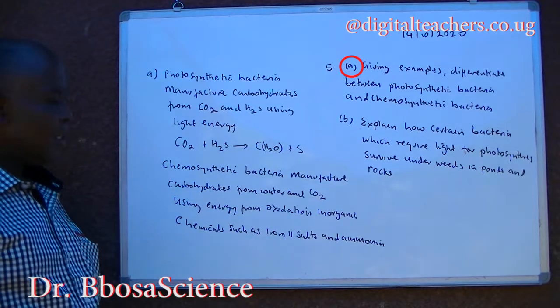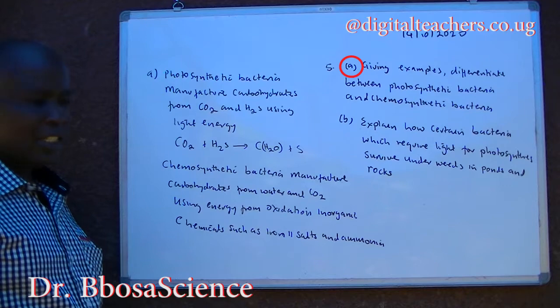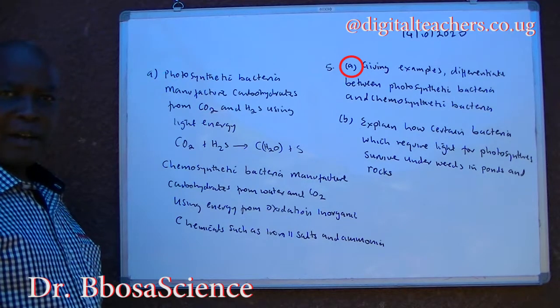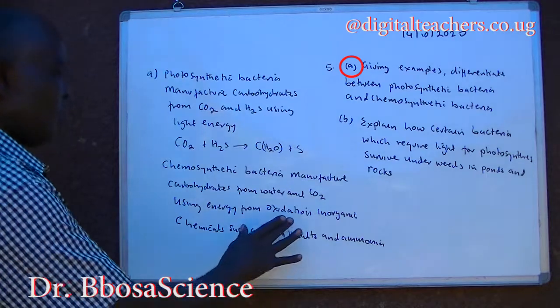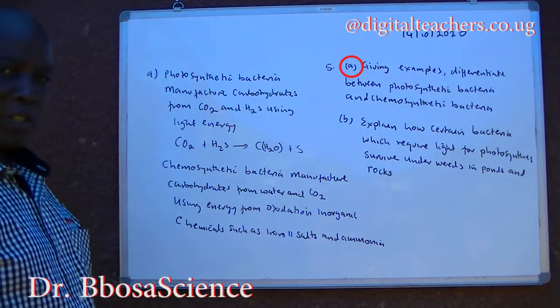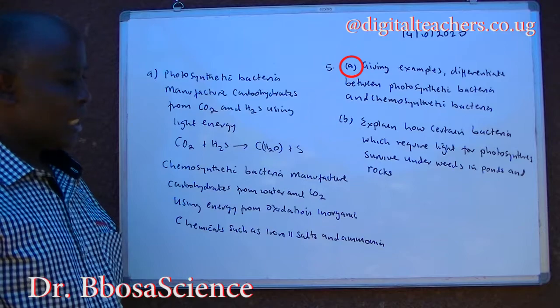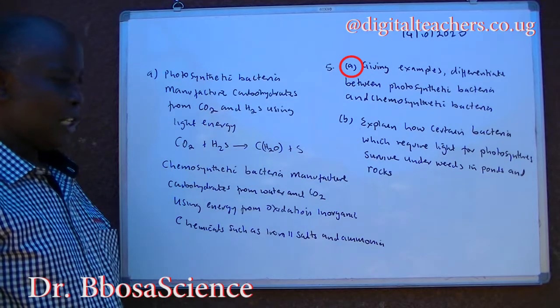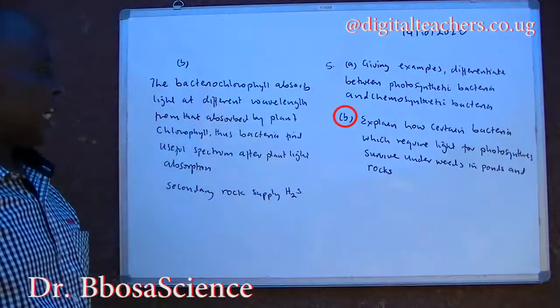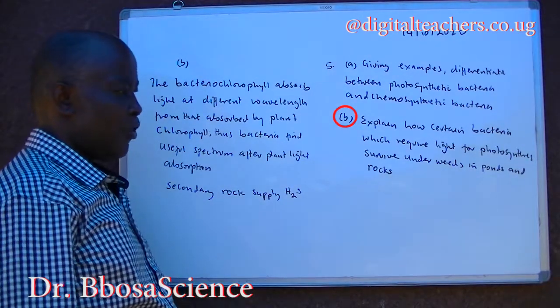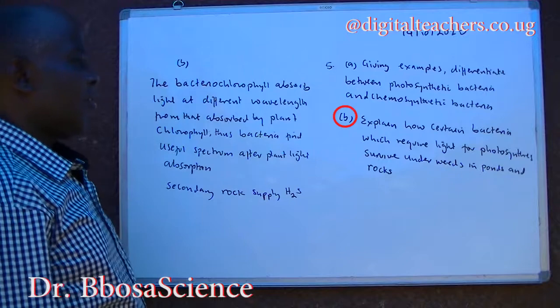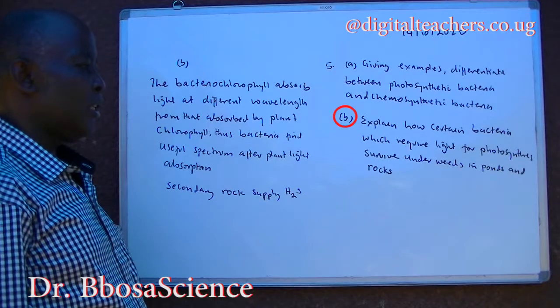Chemosynthetic bacteria manufacture carbohydrates from water and carbon dioxide using energy from oxidation of inorganic chemicals such as iron 2 salts and ammonia. B. Explain how certain bacteria which require light for photosynthesis survive under weeds in the ponds and